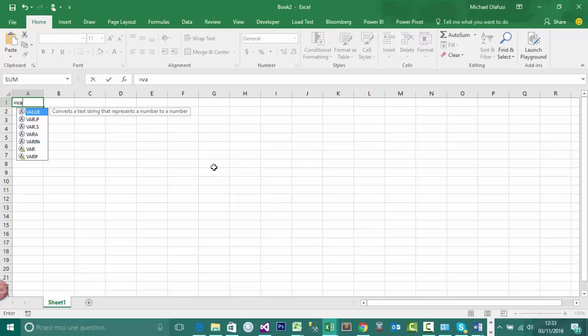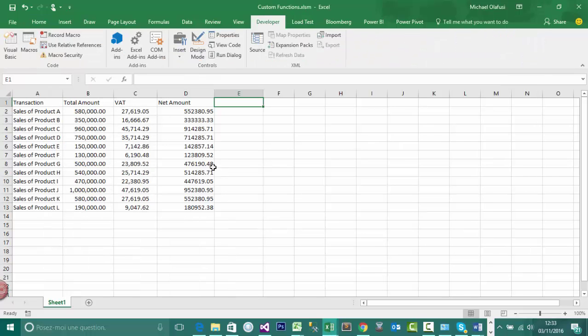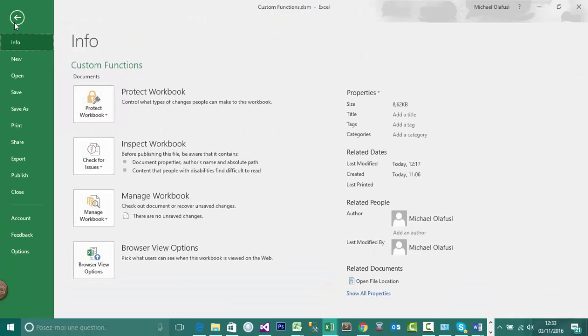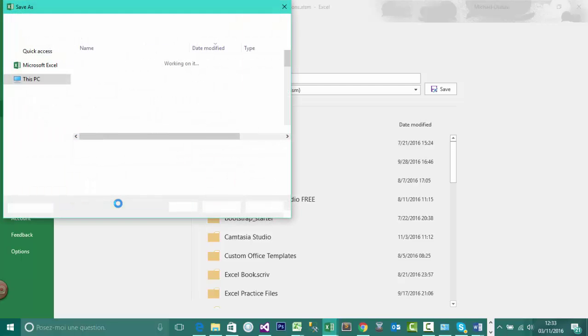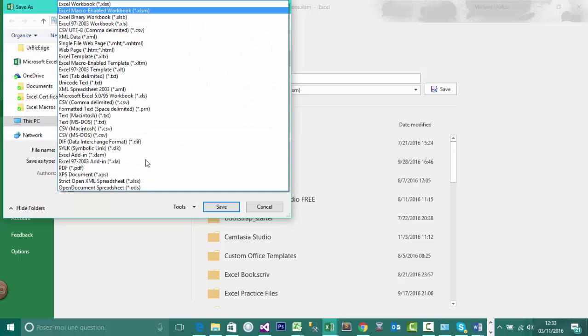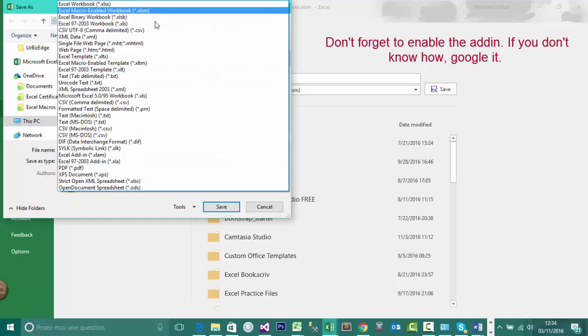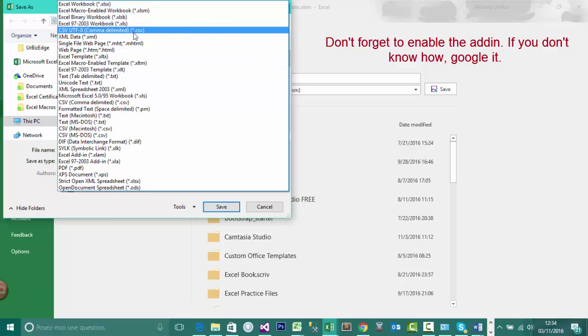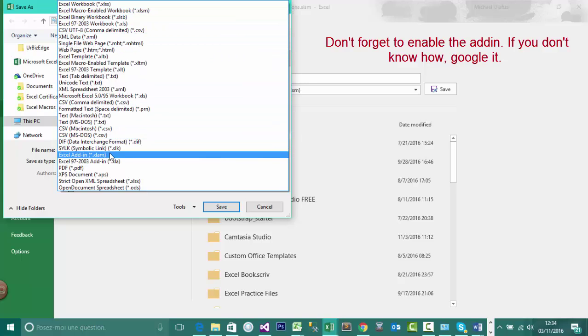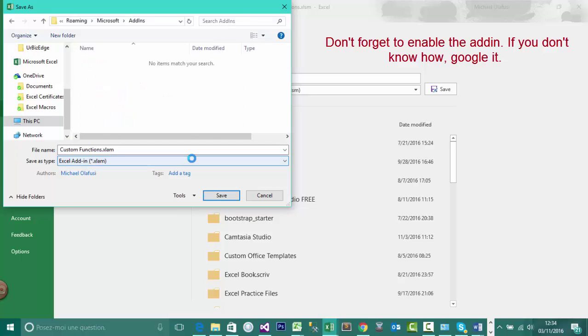So you might need to save it as an add-in. So let me show you how you do that. So you go to File, Save As, Browse, and then you choose add-in. I'm going to look for it. Yeah, so as an add-in, and then if I do save,